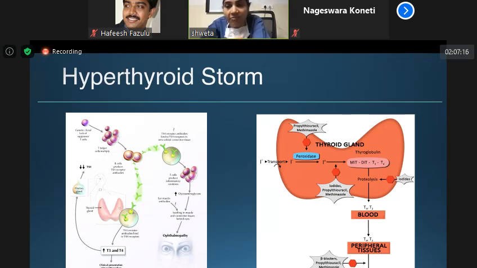All cases may not have proptosis. Some of the newborns may present only with proptosis, but not necessarily all patients have that. So a very important newborn presentation of hyperthyroid storm is ventricular dysfunction and heart failure. Please remember this point, and if you find any such case in the newborn age group, try to rule out hyperthyroidism. As I said, symptomatic hyperthyroidism should receive methimazole, which prevents the peroxidase conversion of iodine, and that's how it reduces the further formation of T3 and T4.